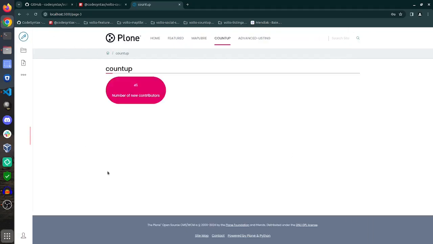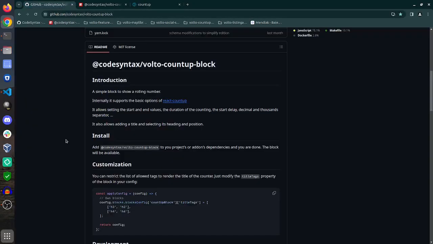We can strip down these options from the block configuration using the configuration in the development mode. You can get more information on the GitHub page of the add-on,